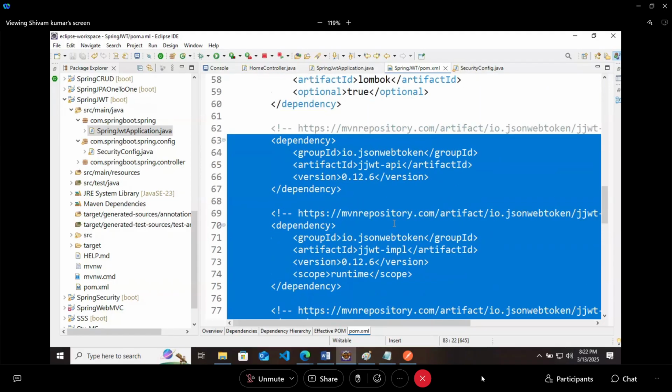See in what order I have implemented them: API, then implementation, then Jackson. So I will write the code in the same order. Sometimes use common sense. So this API is working here. Now we will try to write the